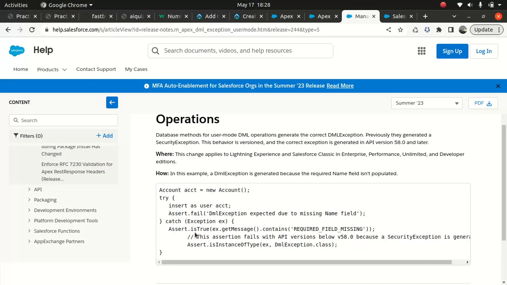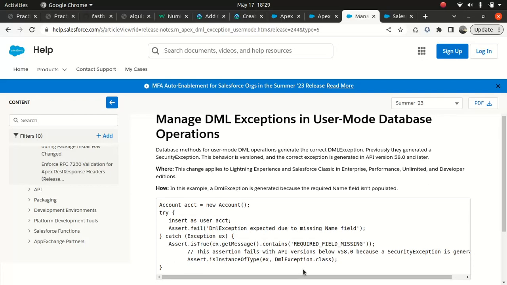Now they're saying Assert.isTrue contains required field missing. This assertion fails with API version below. So this one they're talking about, right? Which is pretty cool. So you can do the instance of type. So yeah, this is something I would like to try, and we'll see how it goes. I think it's very handy from an error capturing standpoint, and I'm a big fan of capturing errors because